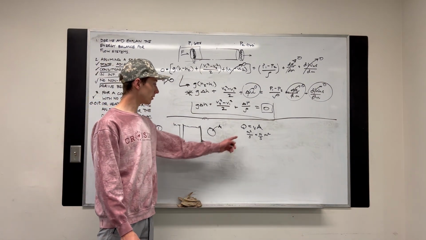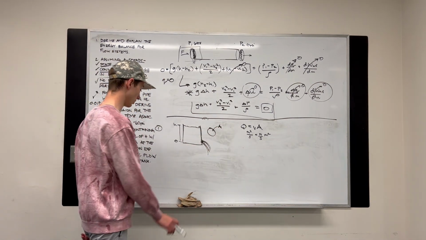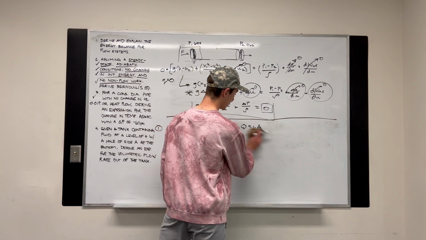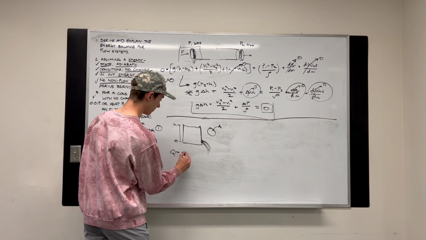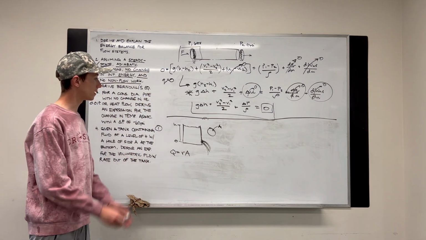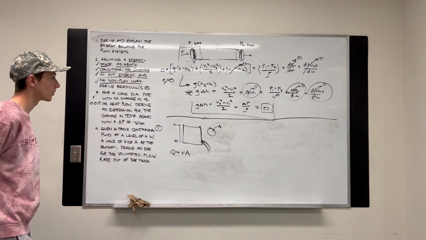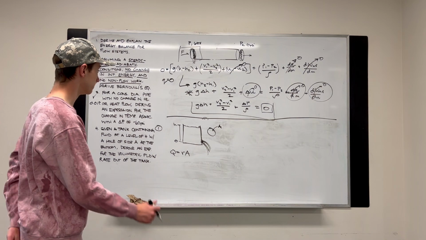So Q equals V times A. So we need V. We can get V from Bernoulli's equation. Good thing we just derived it. Let's go ahead, I'm going to write that over here. Q equals VA. Let's go ahead and use our Bernoulli's equation again. Okay, so we have